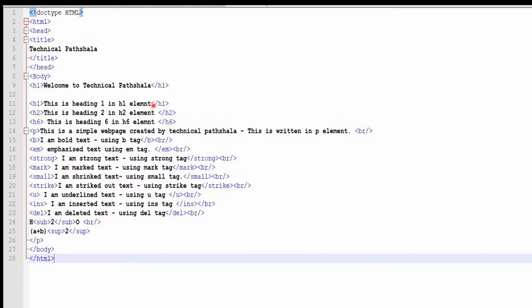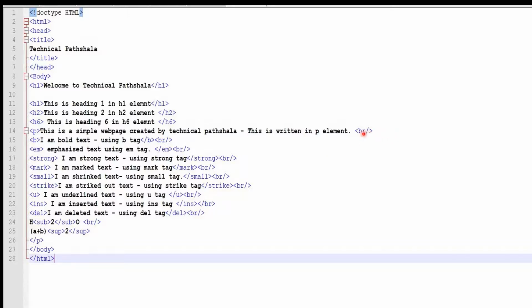H1 is used for the most important headings, and H2 is less important than H1, and H3, H4, H5, H6 are for subheadings and less important headings. And there is the P tag. This is for a paragraph, the start of this paragraph,